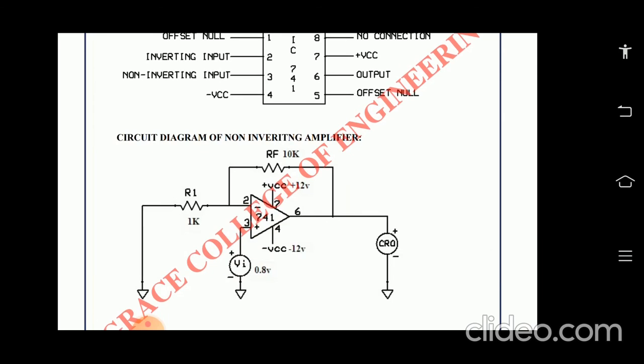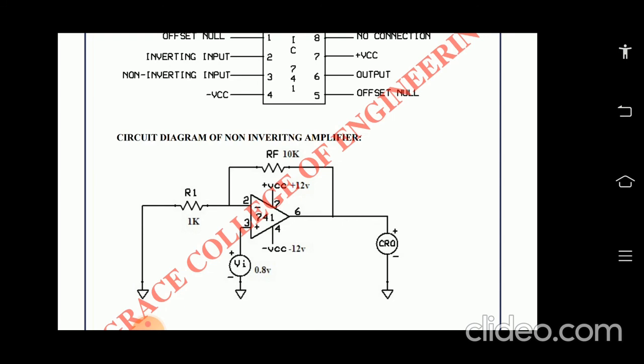So here what will happen is, when we are giving Vi to the non-inverting input terminal of the op-amp, the circuit amplifies the signal without inverting the input signal. So it is called a negative feedback system. And then the differential voltage, that is the voltage between the inverting and non-inverting terminal, will be zero ideally, and the output voltage is given as